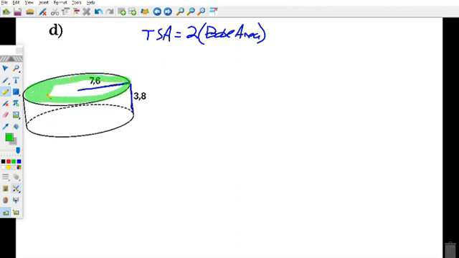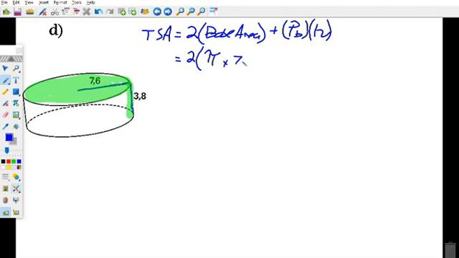My height is the thing that makes it into a prism, and that's this here. So we're going to say plus my perimeter of my base, which is the circumference, multiplied by my height. So we get 2 times pi times 7.6 squared plus pi times